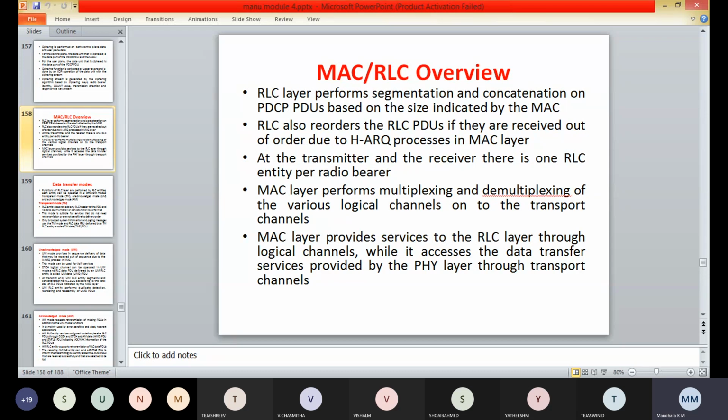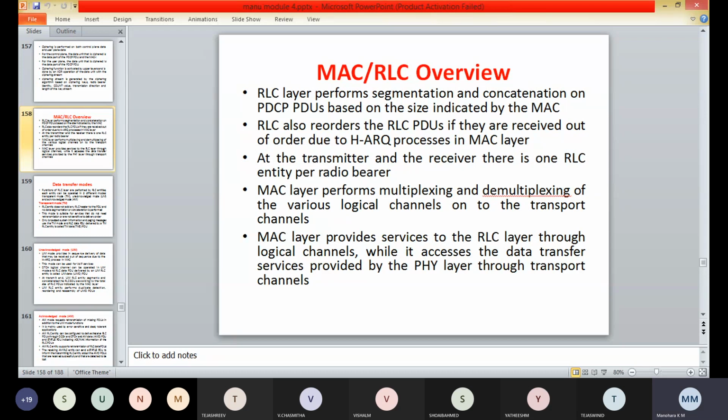Next is the unacknowledged mode. The UM will provide in-sequence delivery of data that may be received out of sequence due to the HARQ process in the MAC, but no retransmission of lost PDUs is required.